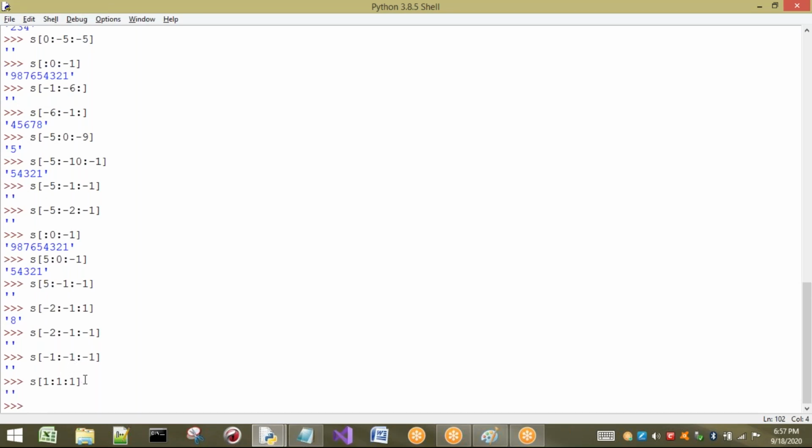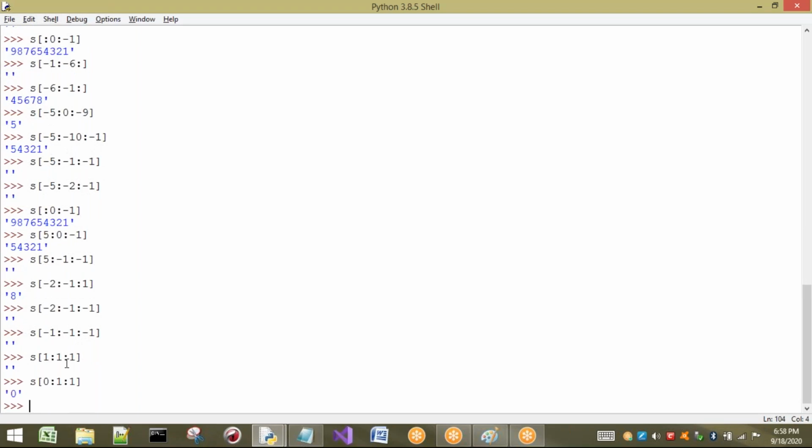If we want to print an individual character, that is the first one, it is not possible in this case. But if we take 0 to 1, we are going to get the 0 value. But whenever we take 1 1 1, from the first value it becomes 0, so we are not going to get any value. These are the different cases we have to observe about the string.